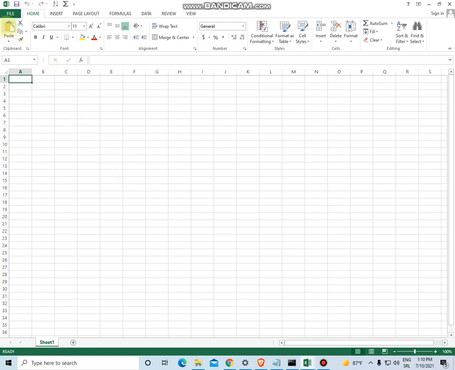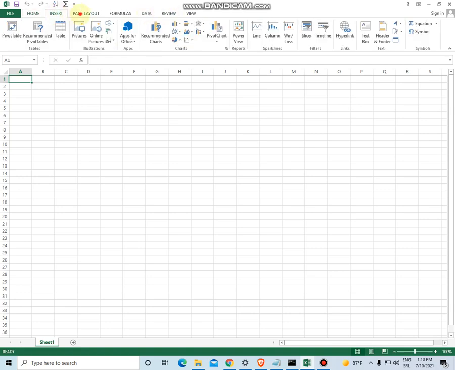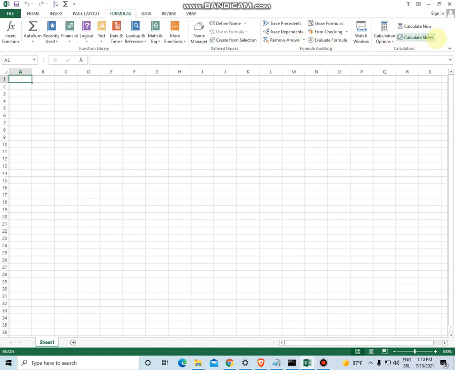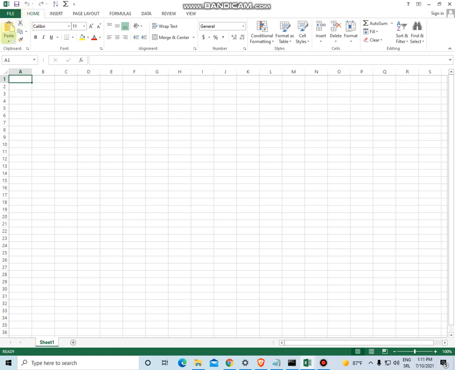After that, we have ribbon. Here you see some tabs, for example, home tab, insert tab, page layout, and so on. And when you click on these tabs, you see that this field is changing because every tab has its own commands and options. And for example, on home tab, this whole field is called ribbon. And on ribbon field, you can see various commands, and we will use these commands later in the course.